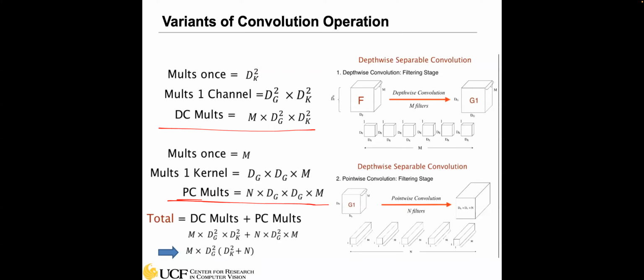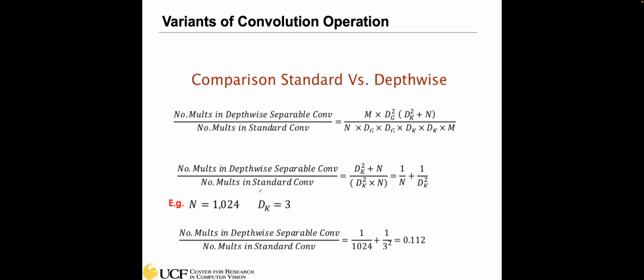Because these two stages are combined to generate the final output feature map, we can sum them together to generate the total number of multiplications. That's the total number of multiplications we get if we do the steps of our separable convolution. And if we do a side-by-side comparison with the standard convolution and this depth-wise convolution,